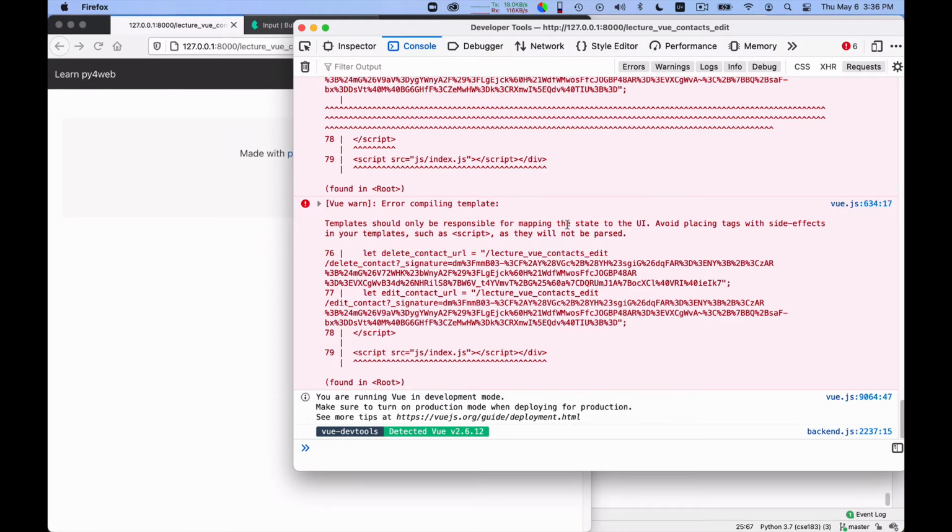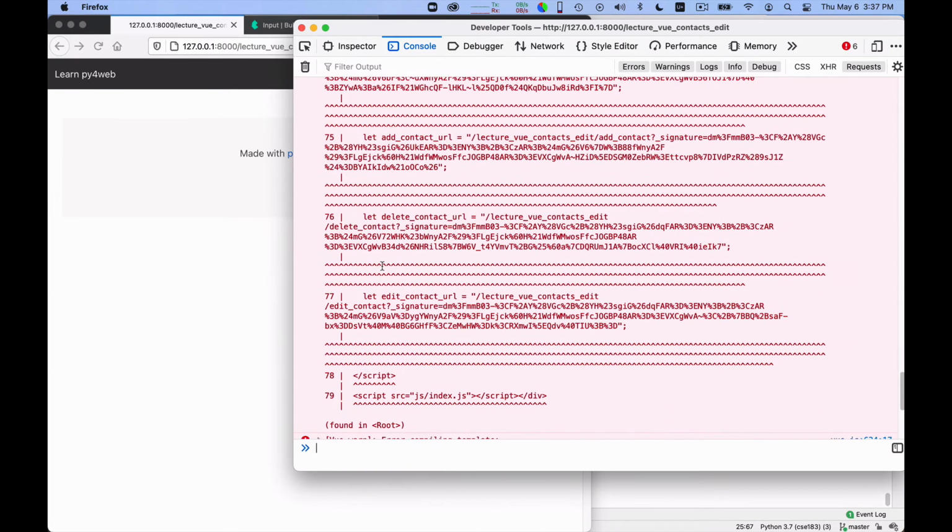Templates should only be responsible for yada yada, and it gives you this complicated message that you don't know what to do with. Ugh, what is going on? The problem is that, most unfortunately I have to say, the code that reads the template and that reads the HTML is not incredibly smart. The smallest syntax error, the smallest thing missing from a closed quote to a closed element, throws it into conniptions, and then it loses its mind and it throws these completely horrible errors.